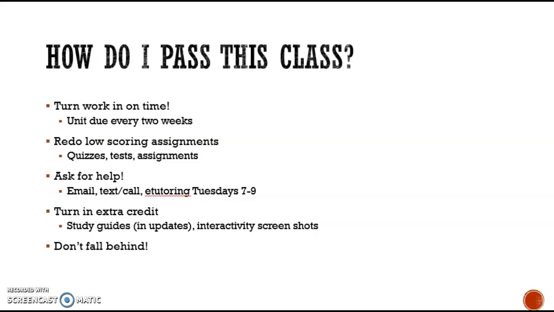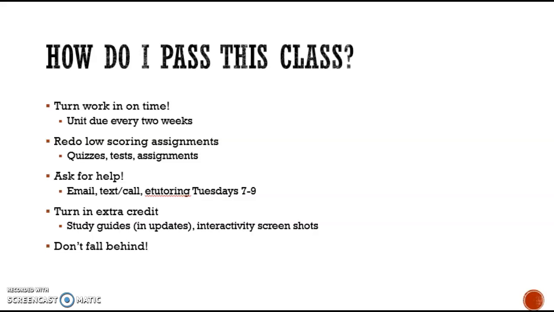So my biggest piece of advice is that you have a calendar, you have specific days that you decide that you want to work on this coursework, and you stick to that. So maybe on Tuesdays and Thursdays, you're always going to work for an hour or so, and then you're going to make sure that everything's turned in and do any last minute stuff on a Sunday or a Saturday.